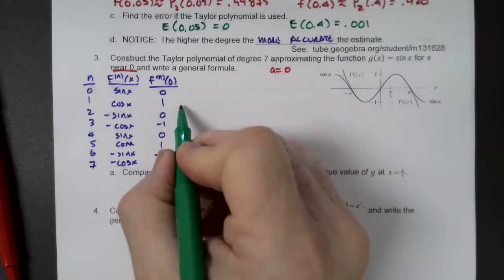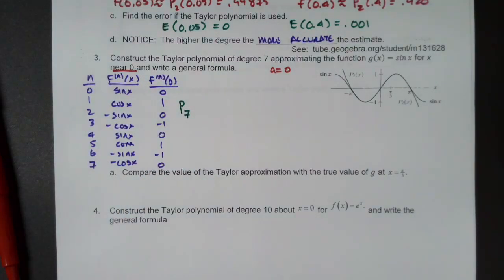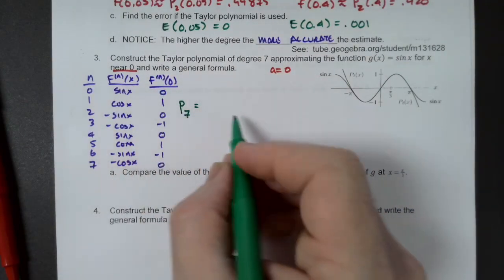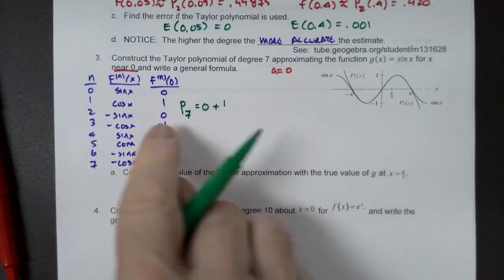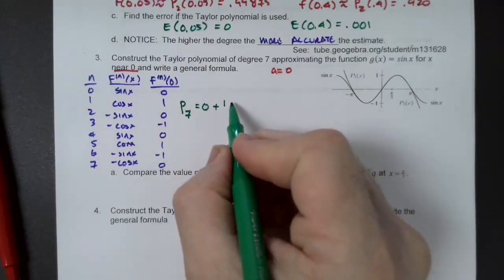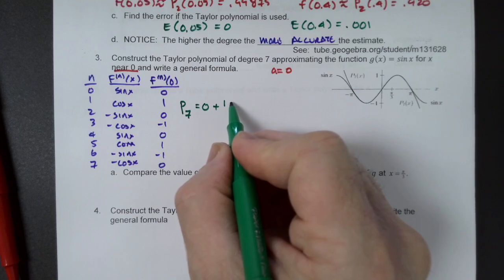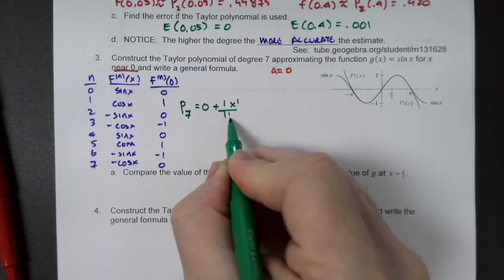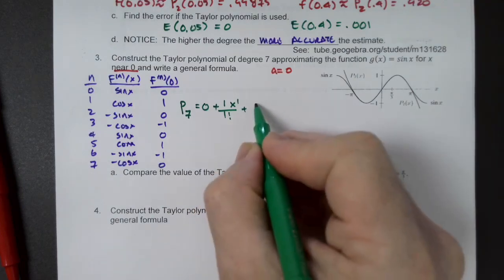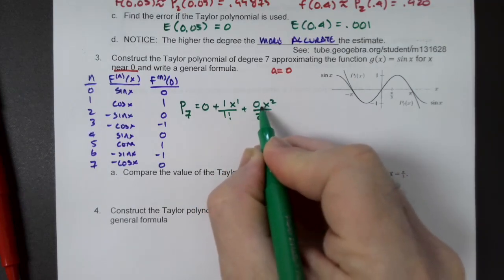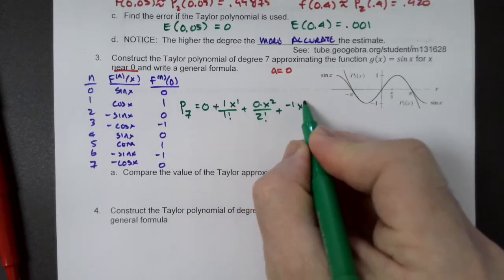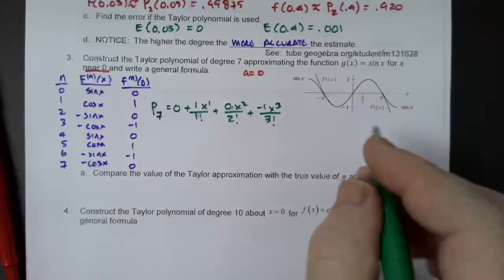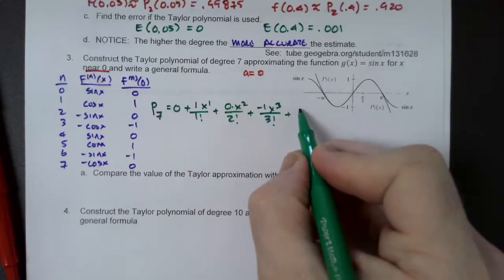Okay. So let's do our 7th degree polynomial for this, starting out with our f of a, which is 0, plus 1, that's our first derivative, times, I'm not going to put the zeros in there, I'll just put the x to the first power over 1 factorial, plus 0 times x squared over 2 factorial, plus, next one you'll see is a negative 1 times x cubed over 3 factorial, and then plus, we're going to go back to 0,